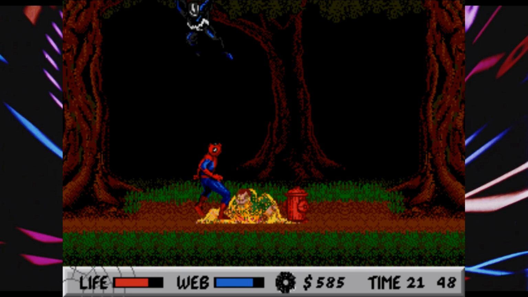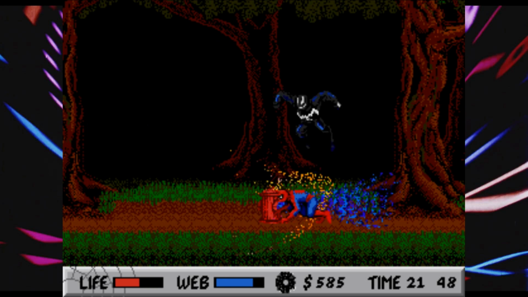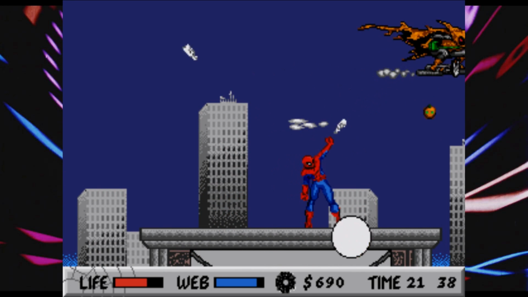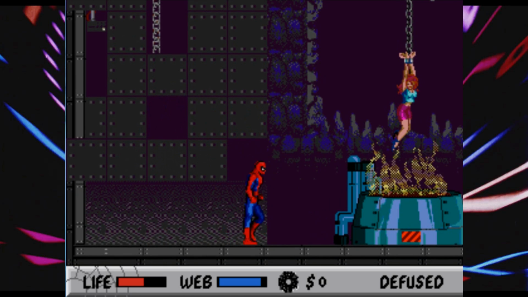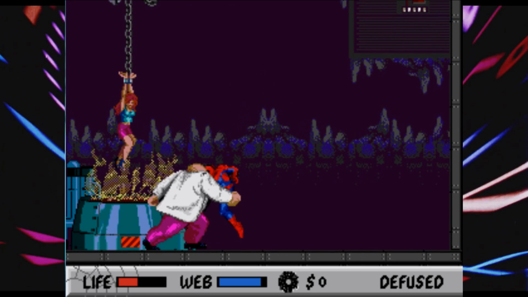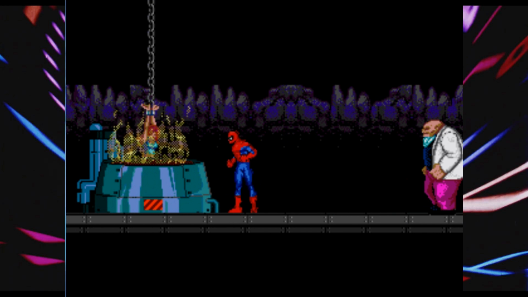For the most part, the bosses have a simple pattern to beat them once you learn it, which is good because you may find yourself losing to them the first time around. The final boss, the Kingpin, is rather difficult though. You have to beat him in time to save Mary Jane from dropping into a vat of acid. Doing so gives you the good ending,